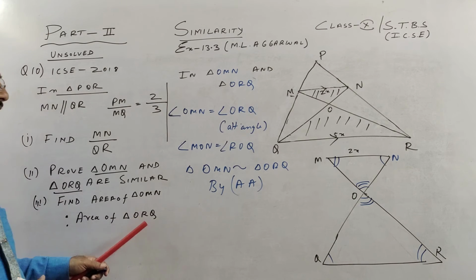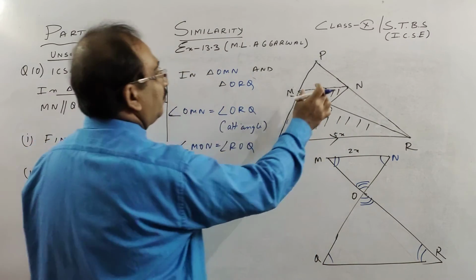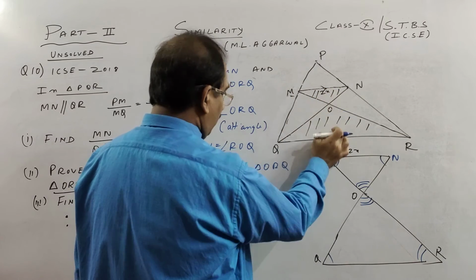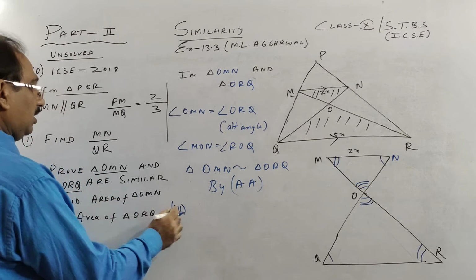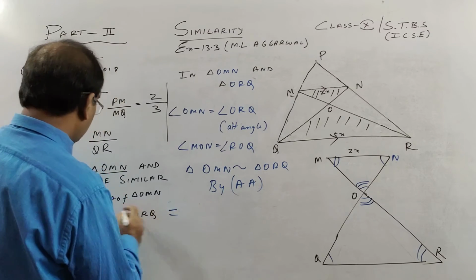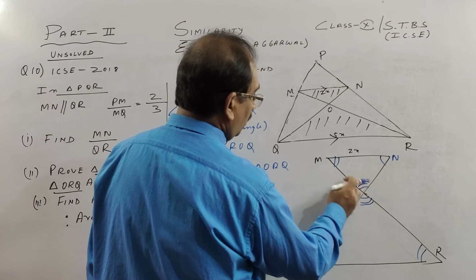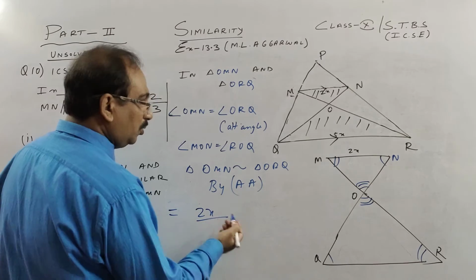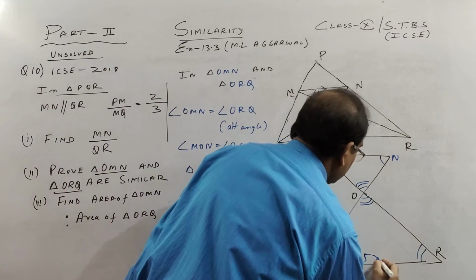Now last part, we have to find the area of this. Remember our first topic discussion, we proved this is 2:5. So we have to find the ratio of this area. So last part, children, find the area. Here I am doing only the area of ONM, so area of OMN is 2x square, or 2 you can say, and this is ORQ, so this is 5, you remember.